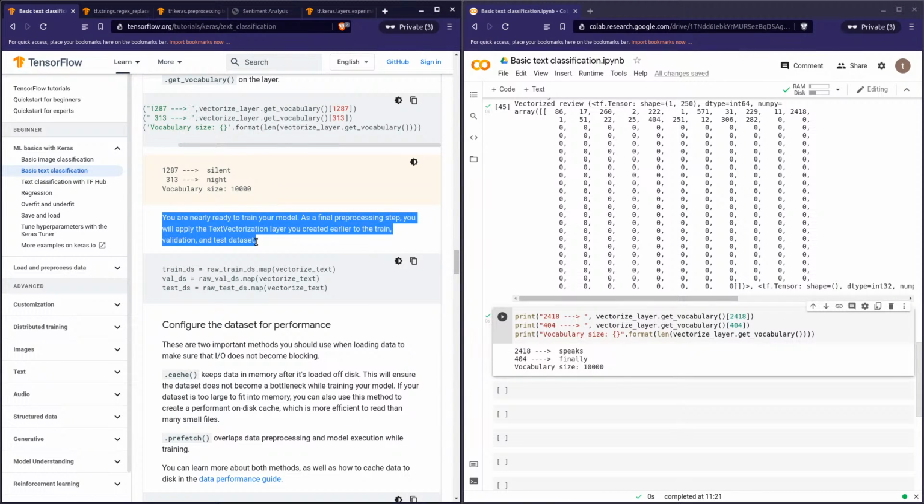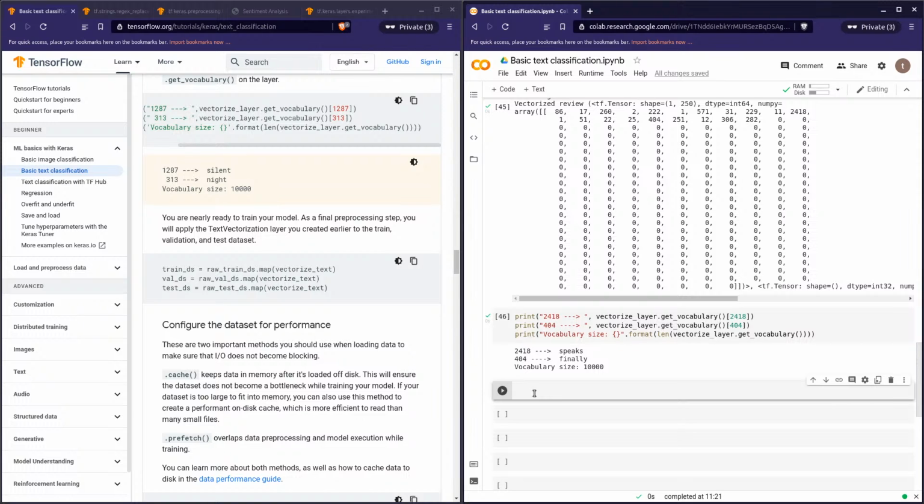Moving on to the next point, you are nearly ready to train your model. As a final pre-processing step, you will apply the text vectorization layer you created earlier to the train, validation, and test dataset. So let's create our training dataset, converting our raw text to integer. Raw train ds map